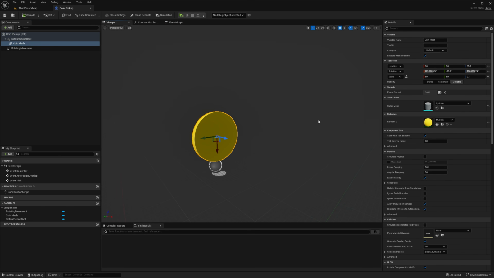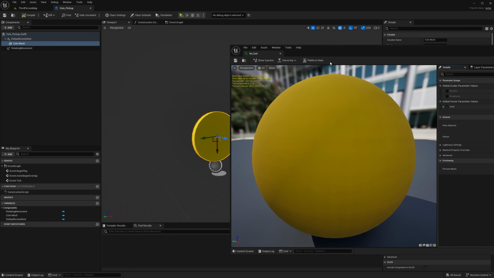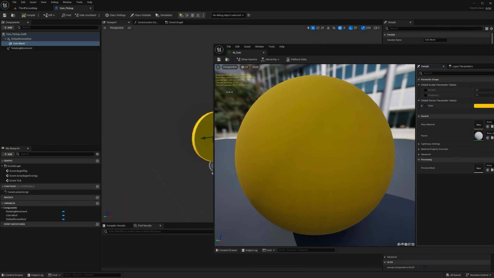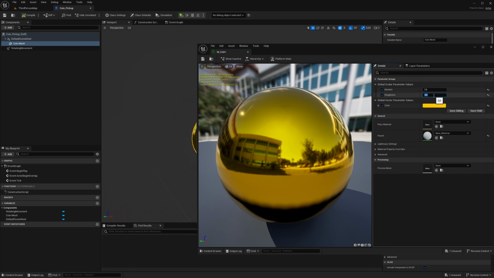This coin, it's mostly just the material I want to change, so double click the material, get it up. I'm not sure if I did anything to the material in part 2, but let's see. Click on metallic, set it to 1, set roughness to, I don't know, 0.